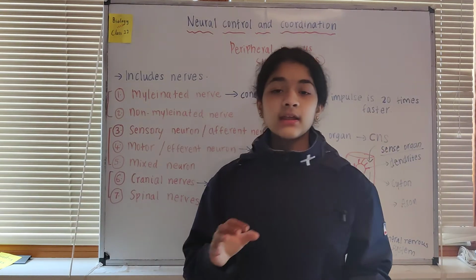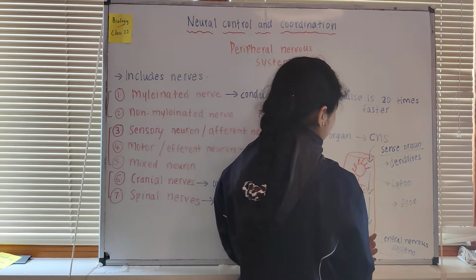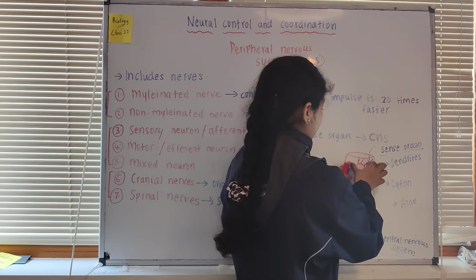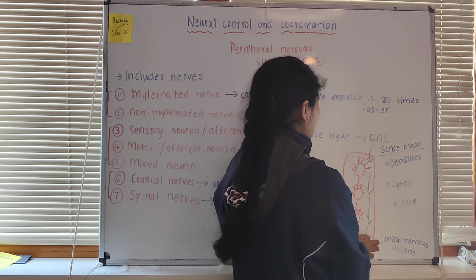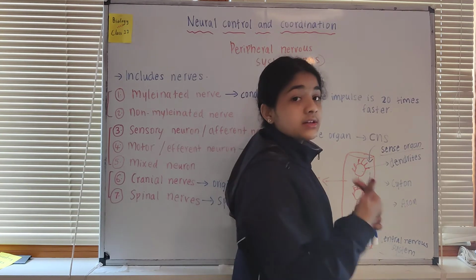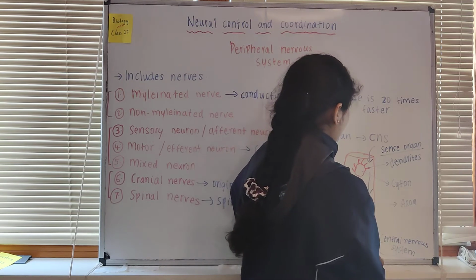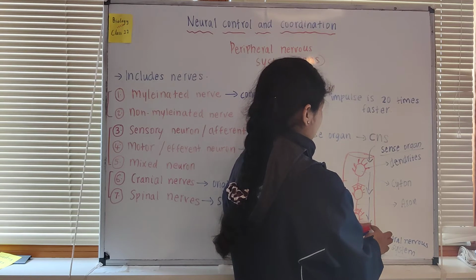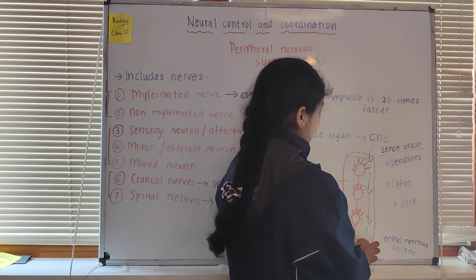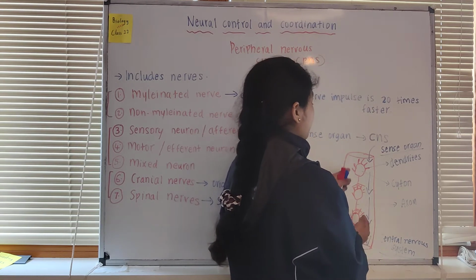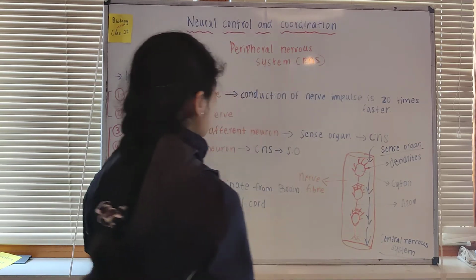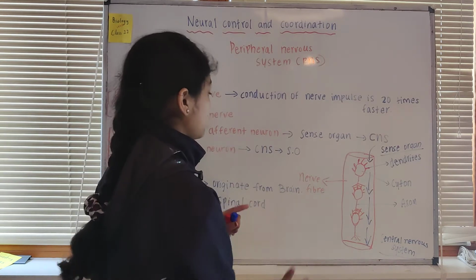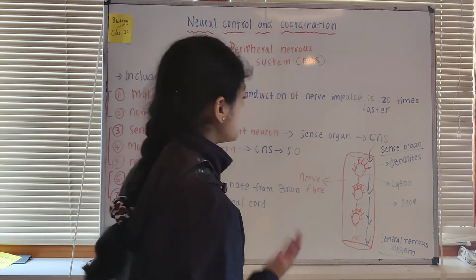A mixed nerve is where in this nerve fiber there are neurons which are placed in this fashion, and there are neurons which are placed in the reverse fashion, in an upward fashion, where here the dendrites are, the cyton is here, then the axon, and then these synaptic knobs are present. So they're present in the reverse manner. So in a mixed nerve fiber we have both kinds, so it's a mix of the sensory neurons as well as motor neurons.